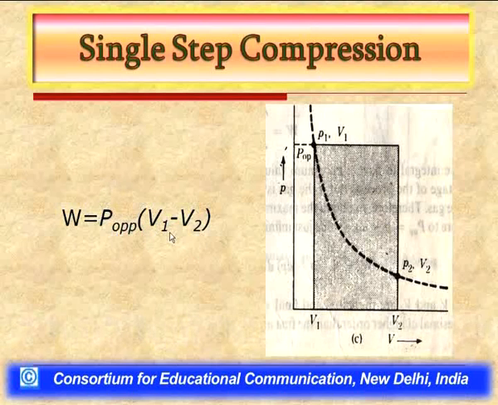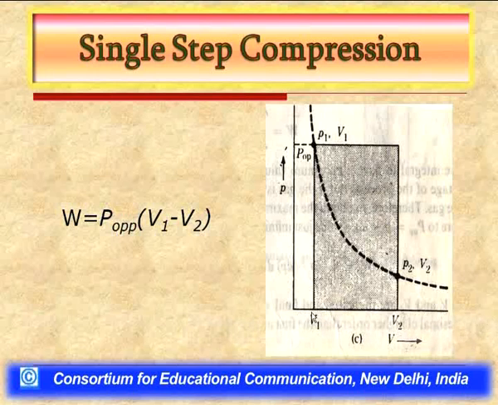But now you should understand the change in volume is a little different. Here the initial volume is V2 and V1 is the final volume, that is we are allowing the system to compress from volume V2 to V1,